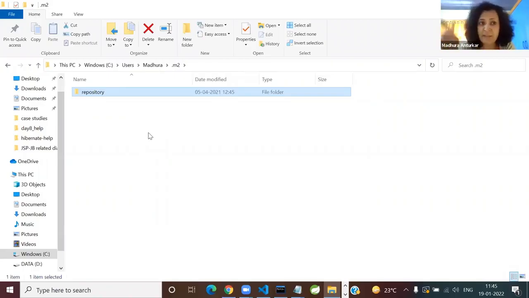Okay, so exit from the IDE and simply delete the repository folder. Close the IDE, delete the repository folder, and then you can directly import my day 9 Maven Hibernate project. Once you import, automatically the jars will start getting downloaded all over again. Only one thing I have to tell you is